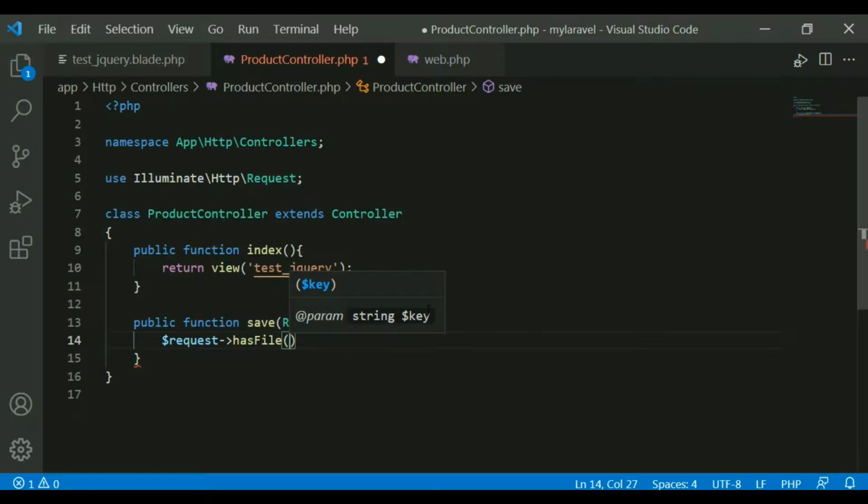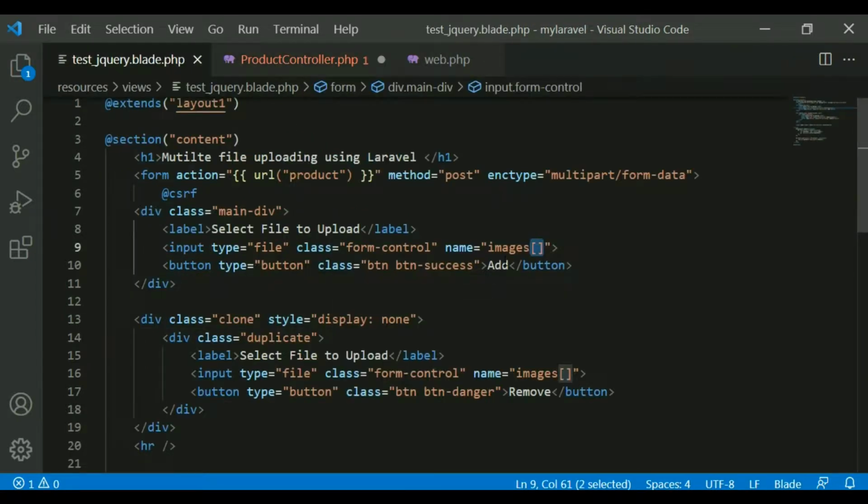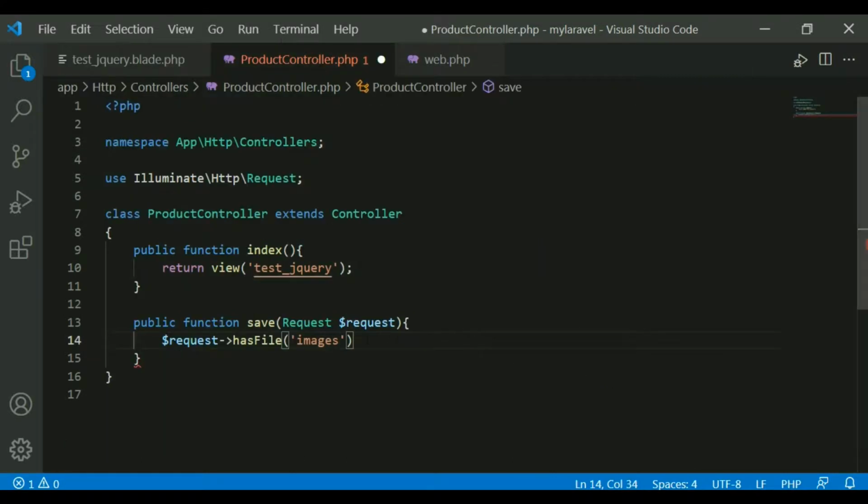So this request hasFile called images. Why am I writing images? Because in my form I have specified the name of the text box is images, that's why. So what I am saying is, if the request has some file called images, then I'll do something.